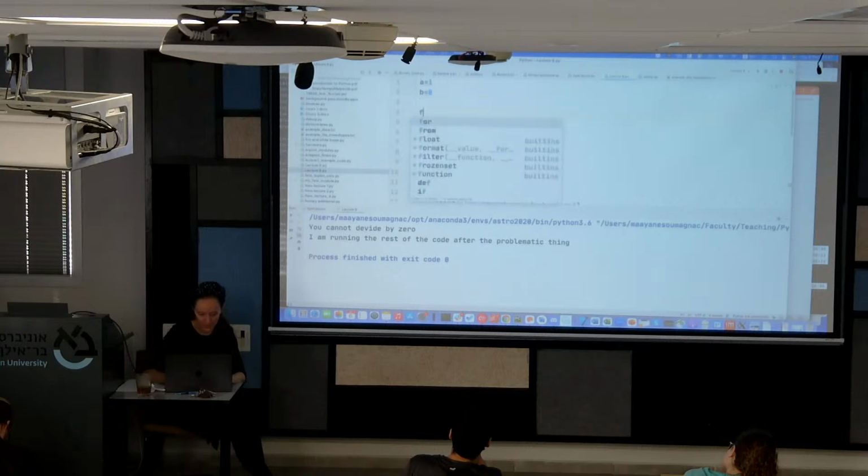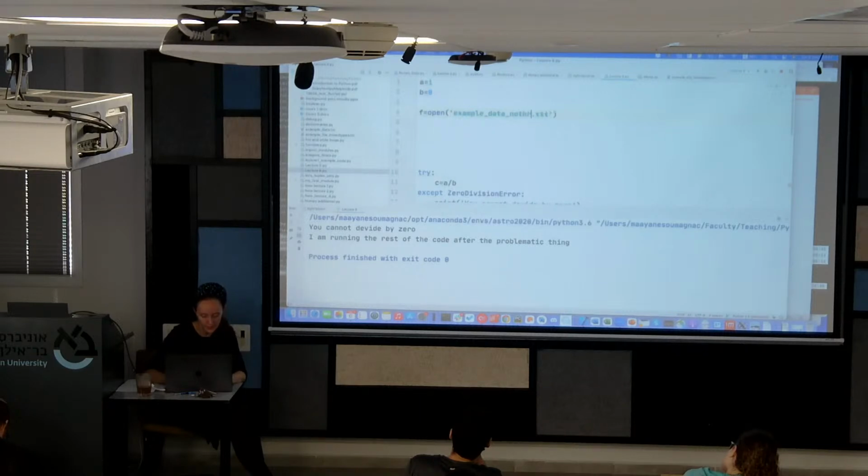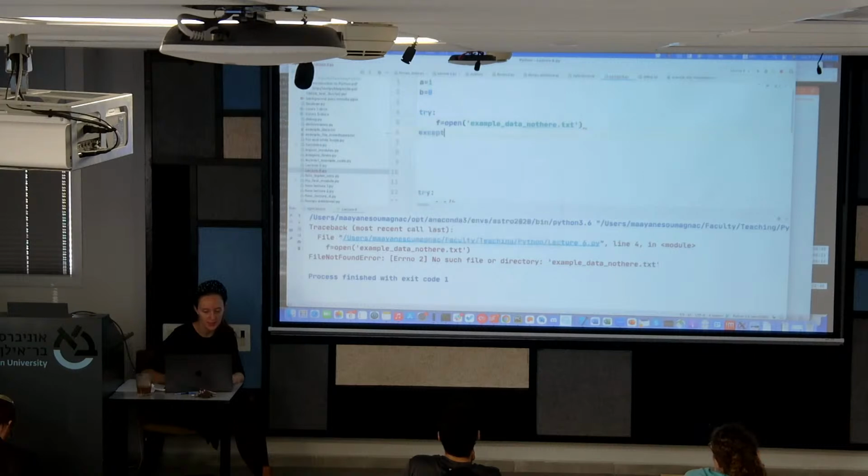Let's do f equal open example data not there. Okay, so it will give me an error called file not found error. You see? Okay, so now I can do it with a try except. Try this except